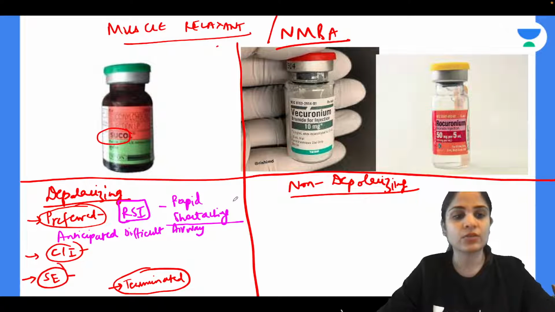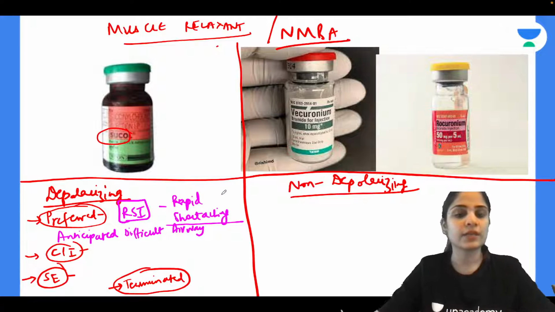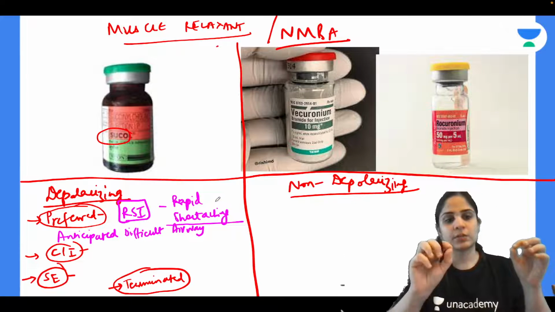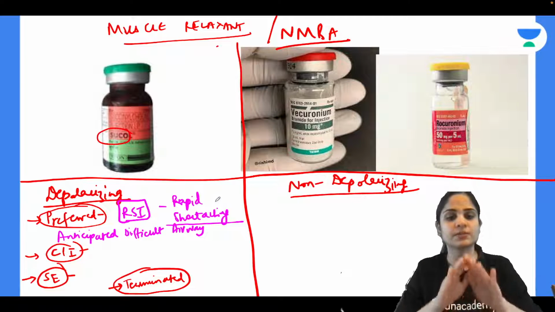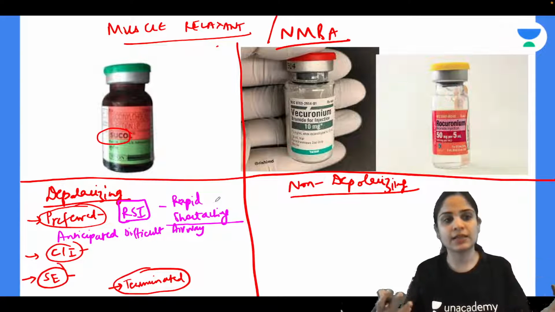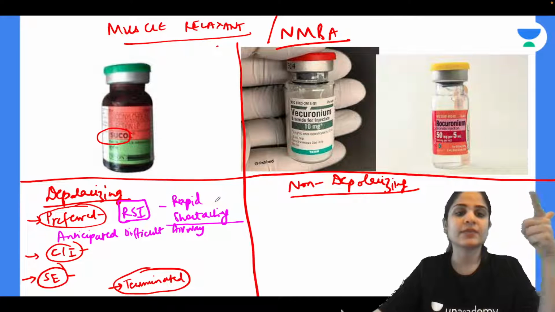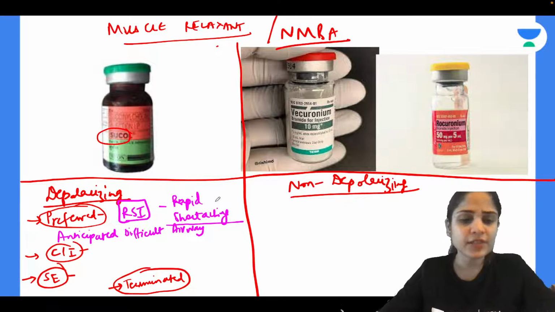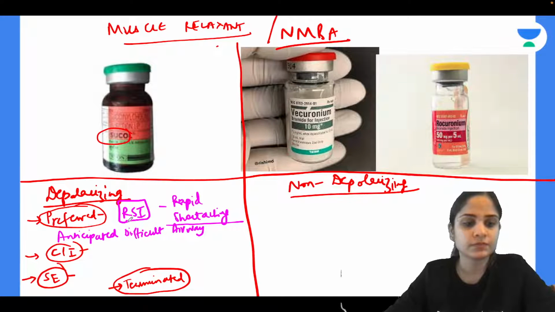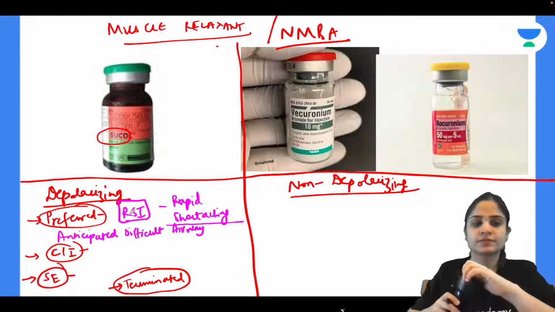So by giving succinylcholine, what can you do? It is rapidly acting, it is short acting. So even if you are not able to intubate the patient and you have given scoline, the scoline action will go away in 9 minutes and the patient will start breathing again. Alright, so in RSI and in anticipated difficult airway, we prefer to give a short acting muscle relaxant like scoline. In which condition is scoline contraindicated? Any idea? Any idea in which condition is scoline contraindicated?